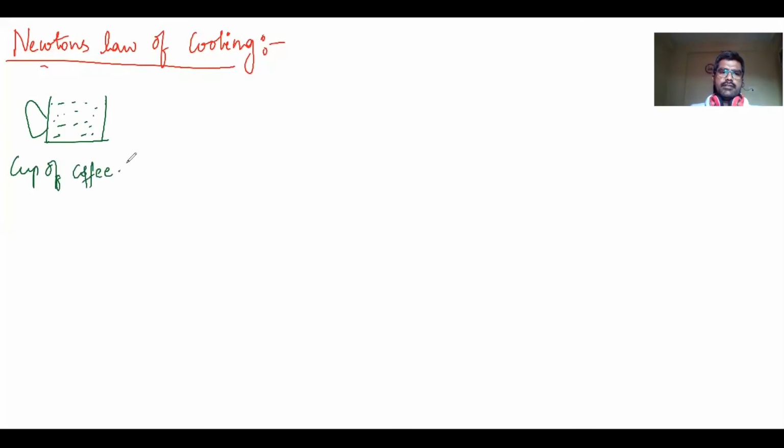Now, this is hot coffee. It is at temperature θ1. Room temperature is θ2. Room temperature usually will be less than that of hot coffee, right? Room temperature is usually 27 degrees Celsius, but the hot coffee temperature is quite a bit greater than 27 degrees Celsius. So when you take a hot cup of coffee and place it in the room